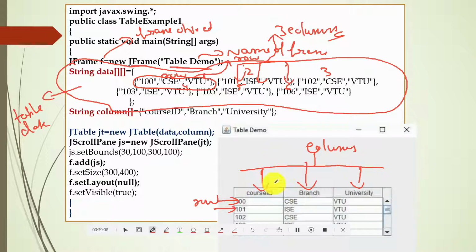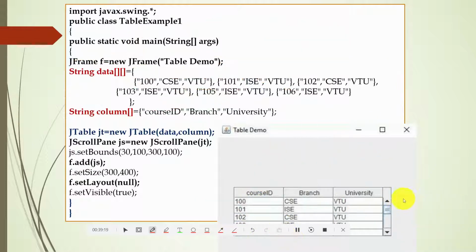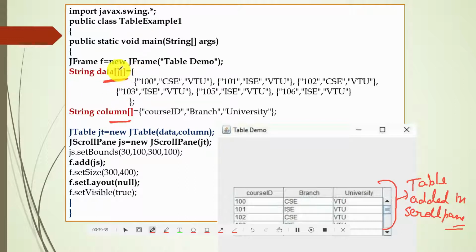Yes, so I'm adding, this is a scroll pane, table added in scroll pane. I will just write it once again. So you can see here, table added in scroll pane. So these are the elements, students. So this is a column. So string is the column, and data is the data. This is the table data,